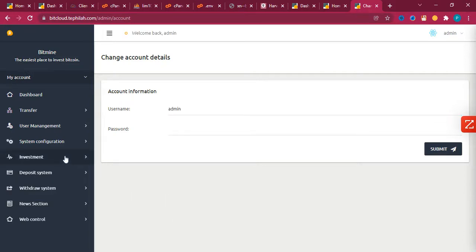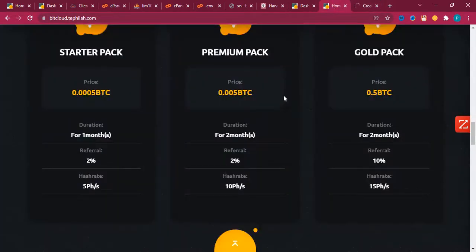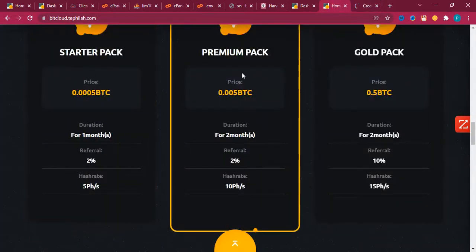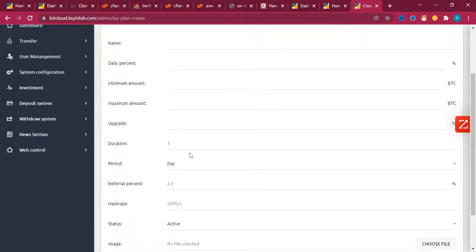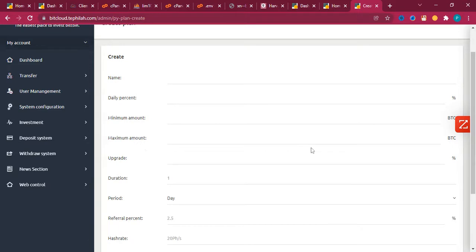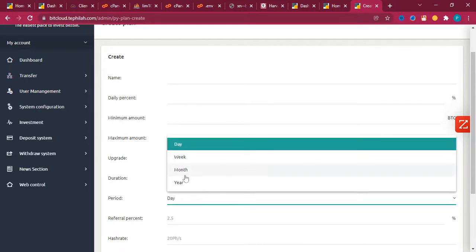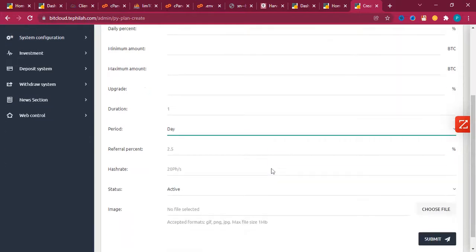Going down beyond that, you can see the investment. Here's where you create your plan. Currently we have three plans: the starter pack, the premium pack, and the gold pack. Coming down, you can create your own plan. You can set your own daily percentage, set the minimum amount for investment in BTC, set the maximum amount for investment in BTC, the percentage on upgrade, and the duration. You can do that per day, weekly, monthly, or yearly, depending on the scope you are seeking to achieve.